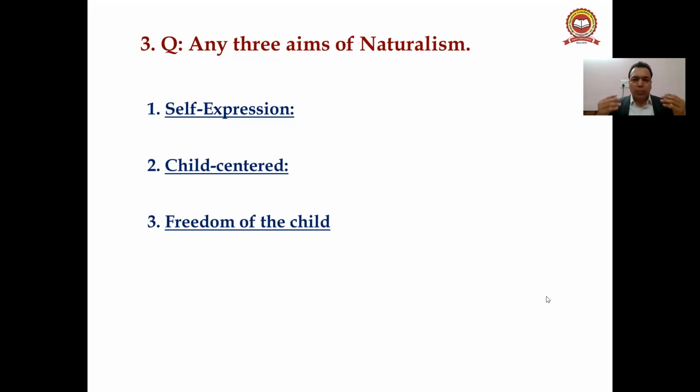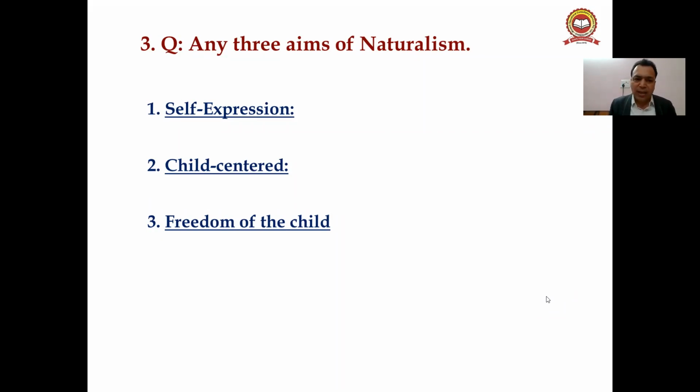So whatever we have to teach to the student, we have to teach to the child according to their level. We have to cater to the needs of the child. This is the second aim of education of naturalism. Third is freedom of the child. We have to give more and more freedom to the child. So under this topic, you have to explain in 3 or 4 lines all the 3 aims of naturalism,